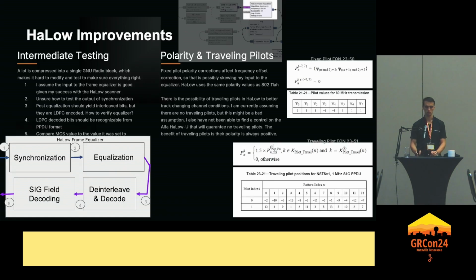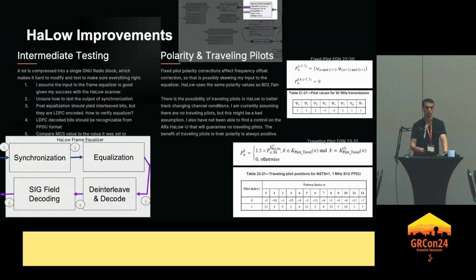But also, Halo in the standard says that it can either have fixed pilots or this concept of traveling pilots, where the subcarrier index will actually vary with each symbol. This is to try and get a better characterization of the OFDM channel.